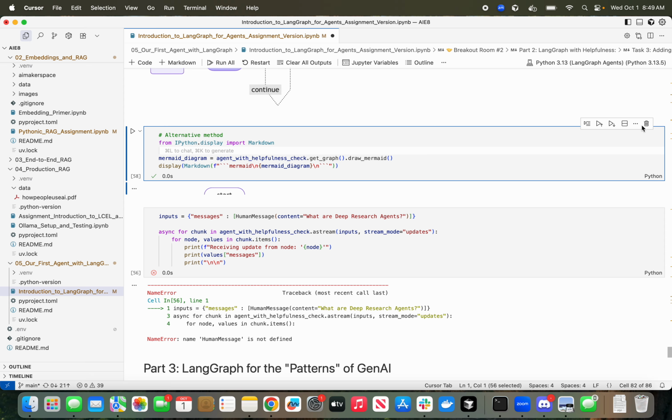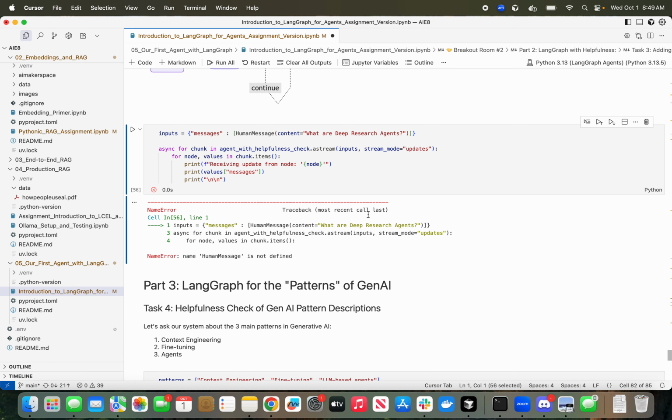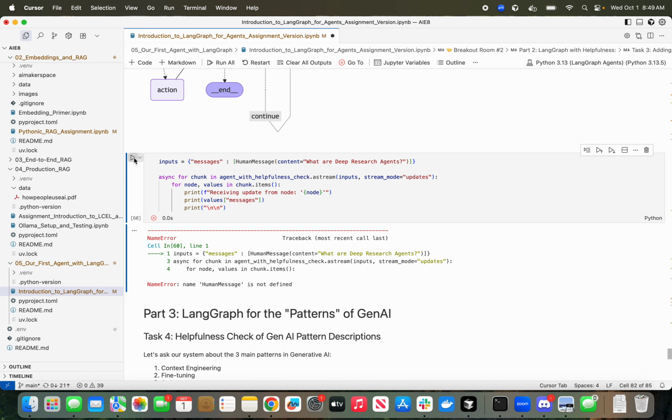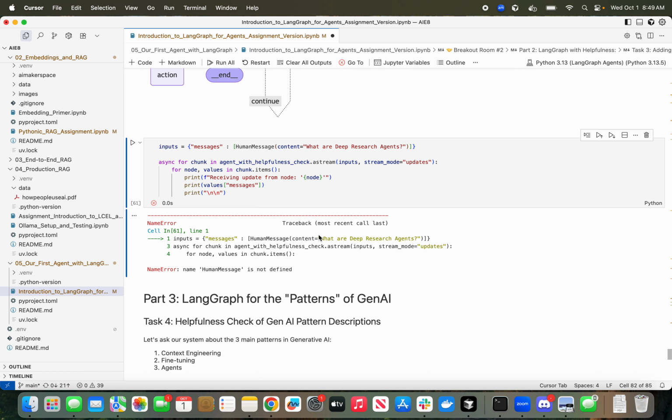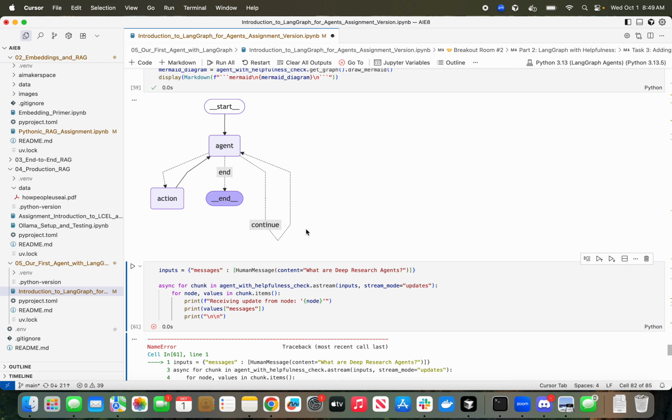And here is my, let's see, I am going to go through it. It looks like my